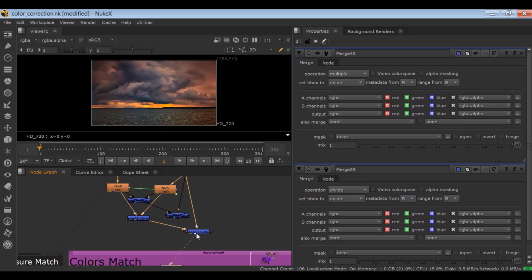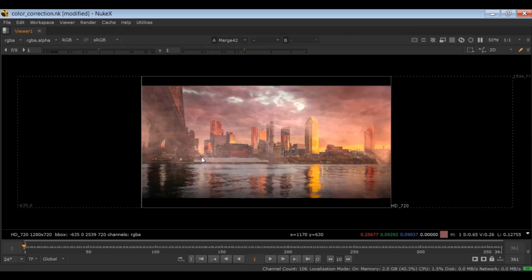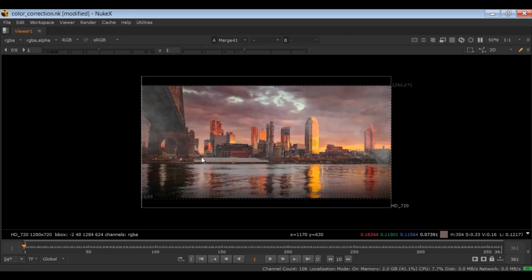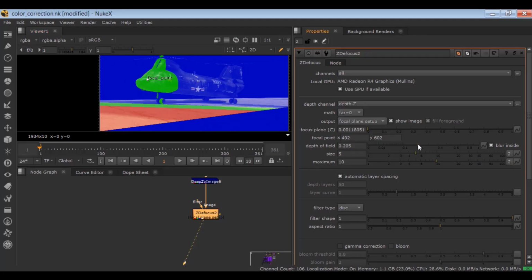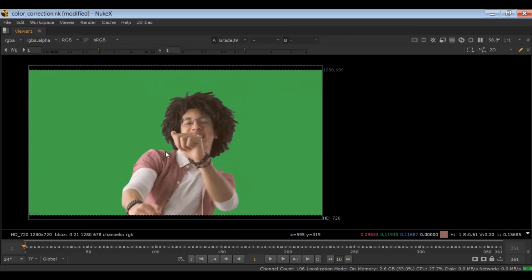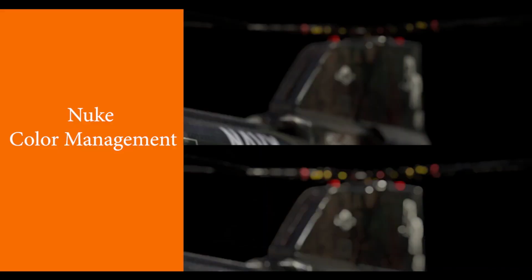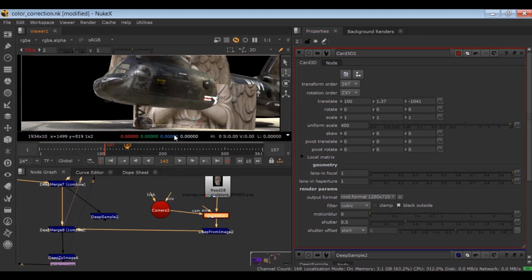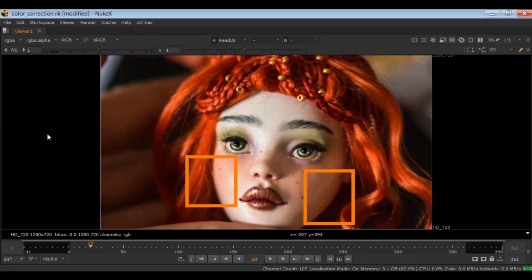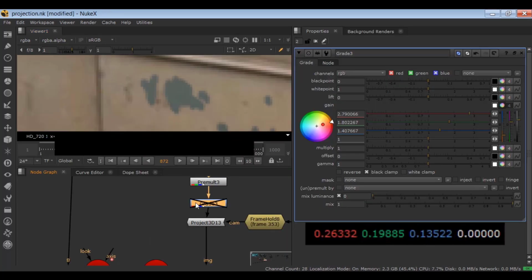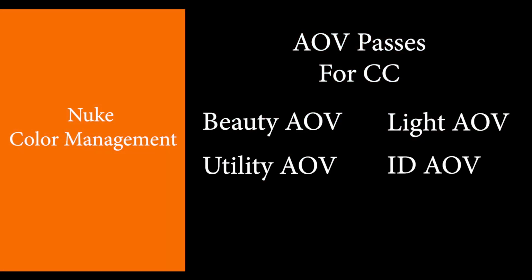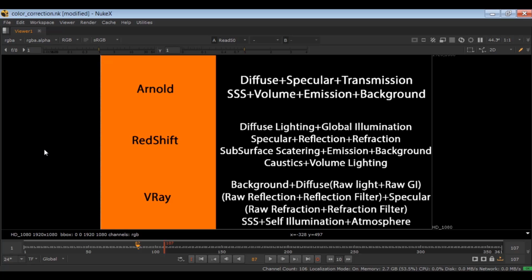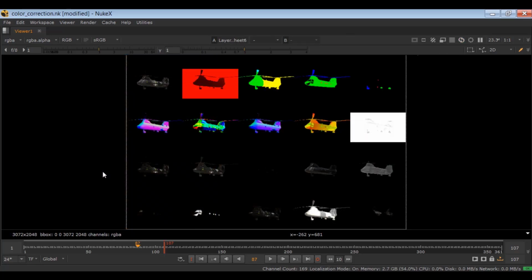and color tones between two inputs, harmonizing composited elements and CG color matching, managing depth and understanding white balance, reverse grade and deep color grading, advanced technical color matching between two shots, AOV passes and the reconstruction of beauty passes. And do you really need to learn the beauty pass reconstruction,